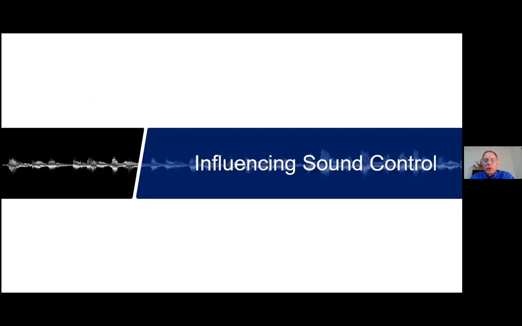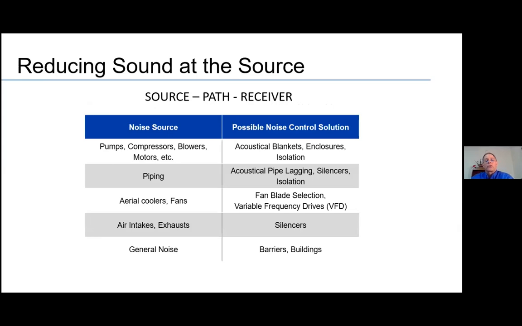So let's take a look at ways you can influence sound and ways you can go about controlling sound. An important piece to remember when you are looking at sound, looking at noise-related issues, people very frequently speak about what's called the source-path-receiver relationship. So in every sound-related issue, you have something that is the noise source. You have a path by which that sound must move to get from the source to the person or object that hears the noise. And then you have the receiver, the person that does hear the noise at the end.